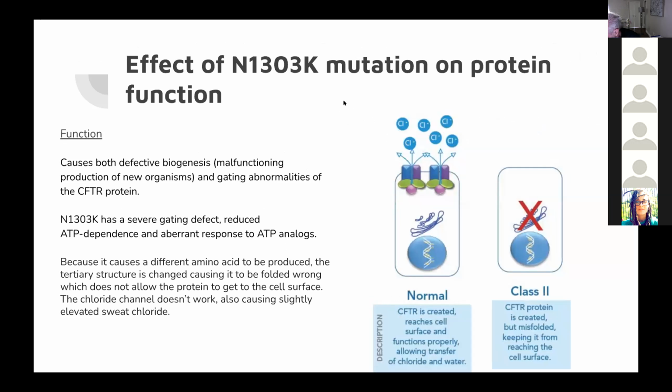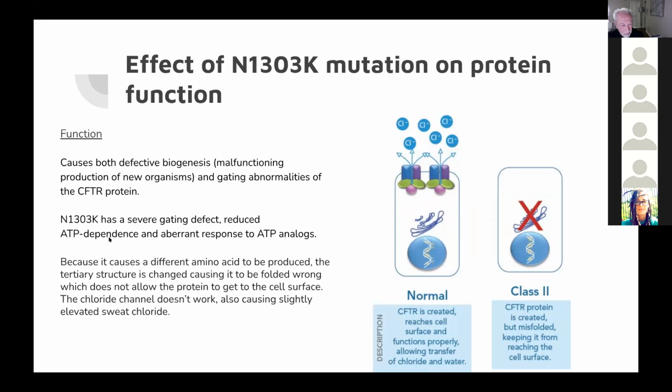And the effect this has on the protein function is that it has gating abnormalities, so it doesn't process chloride as it should. And this is a picture of how a normal CFTR protein looks. And this is what my mutation does to it, so it doesn't process the chloride as it shows in the picture. And it also reduces the production of ATP,